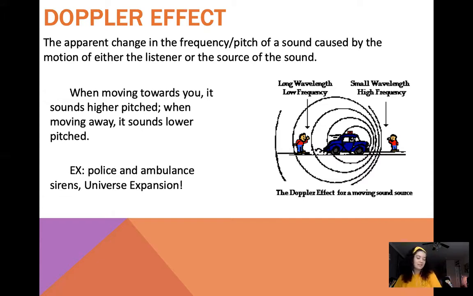Another example of the Doppler effect is actually in astrophysics, and this is why I think it's so cool. Our universe is constantly expanding. Objects that we view that are moving away from us are redshifted, because red is a longer wavelength of light. So whatever light that thing is emitting looks more red than it actually is. Objects that appear to be moving towards us are blue shifted, so they appear more blue than they actually are. Kind of cool, and that's how we can see and track where things are in the universe and what direction things are moving, because we look at that shifting wavelength of light.